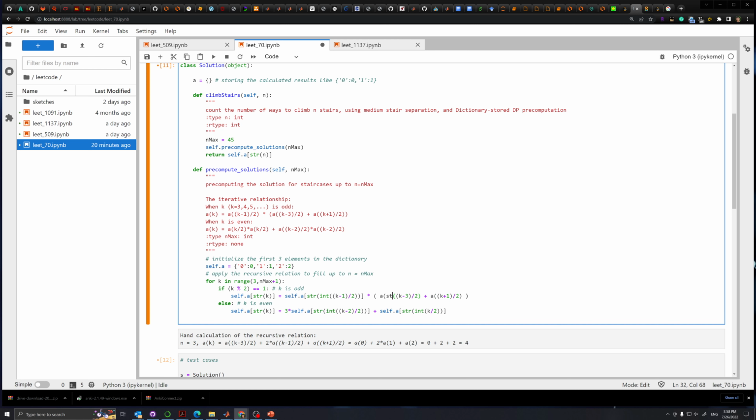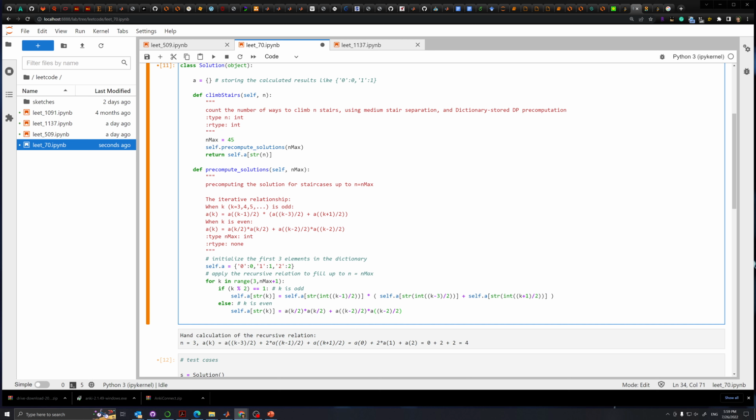Make sure to use string integer for that, and also use self dot a string integer. All right, so that's the first one here, and the second one, when it's even,